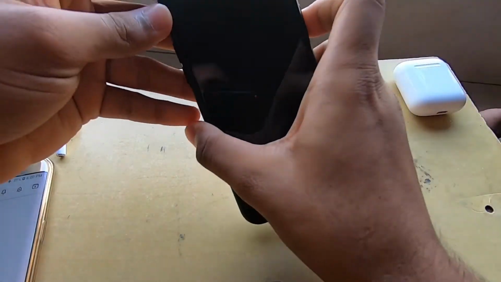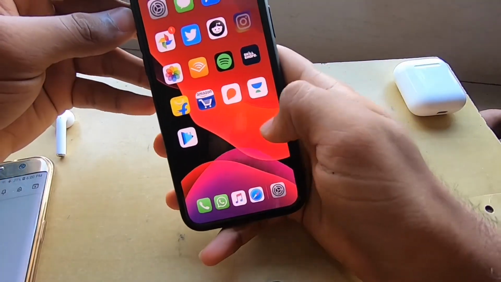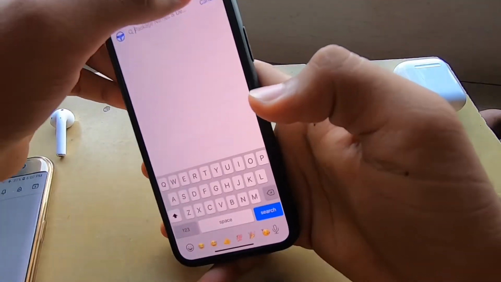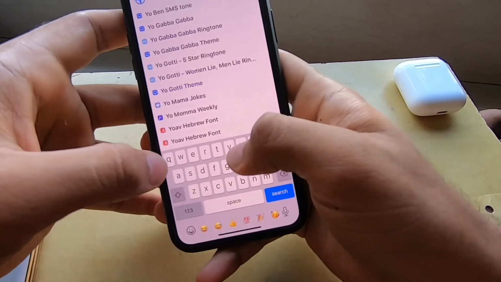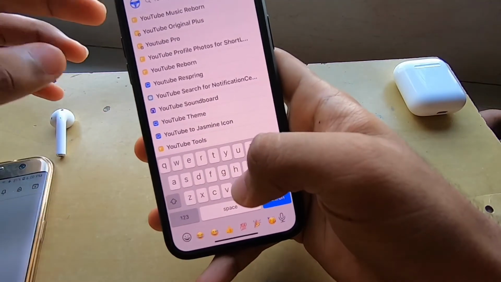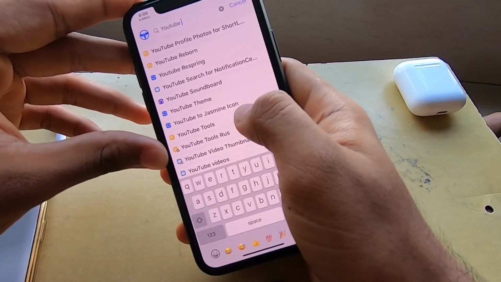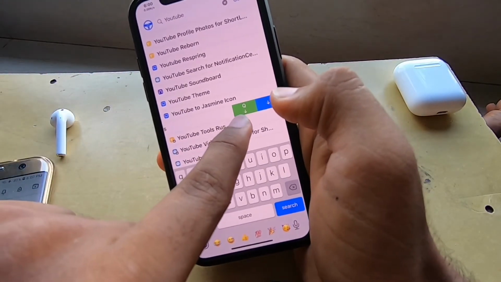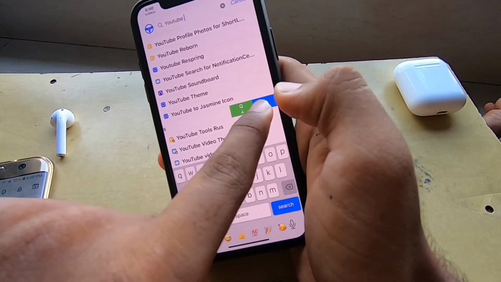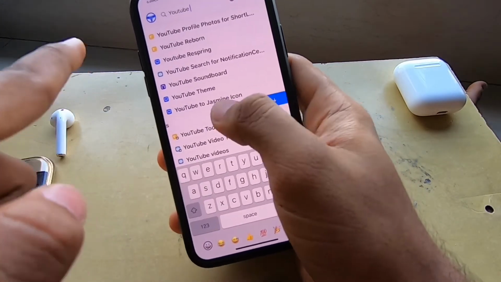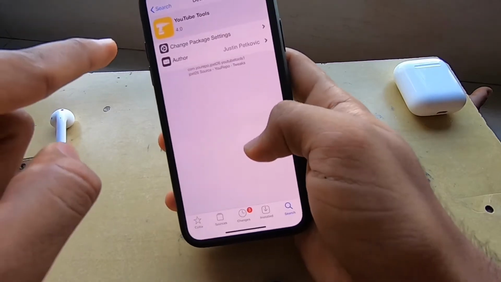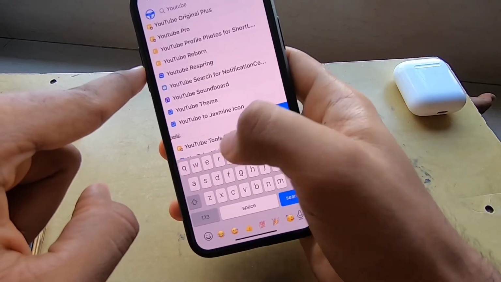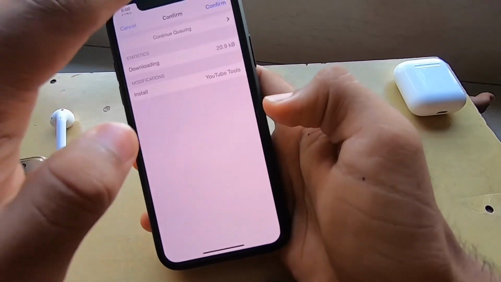So the next tweak is really important if you want to do multiple actions in Cydia. It's known as Swipe for More. Now, as you can see, say for example this tweak, if you swipe to the left, it gives you multiple options. This queue means it will queue the download, and this means it will download it right now. So it's a really cool tweak in my opinion. If I want to install this, I'll just install by clicking here and confirm.